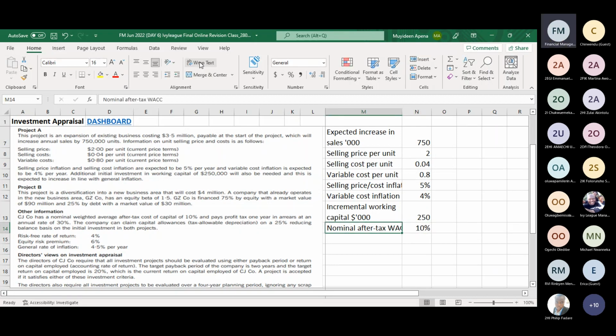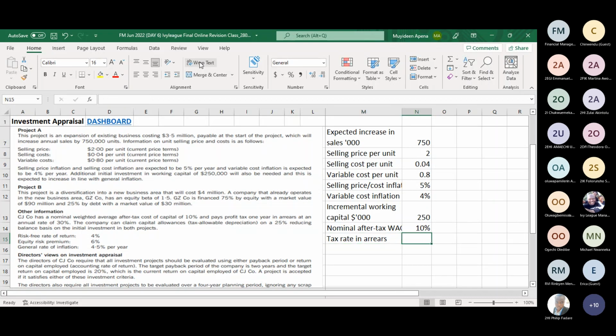Okay, that's also noted. And pays profit tax 1 year in arrears at an annual rate of 30%. Okay, so tax rate, in arrears,